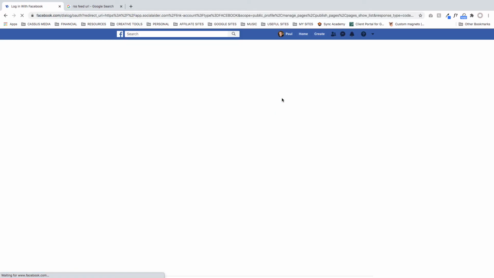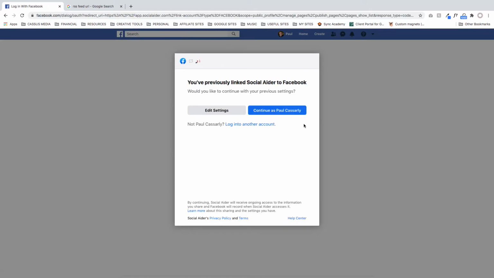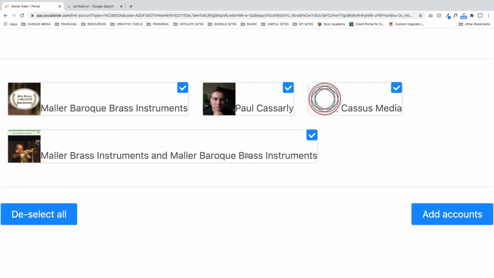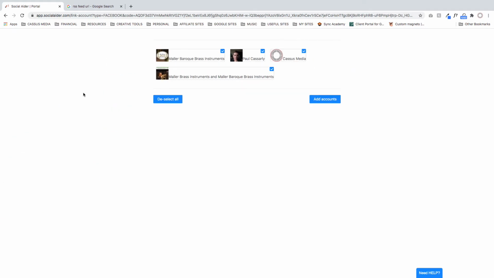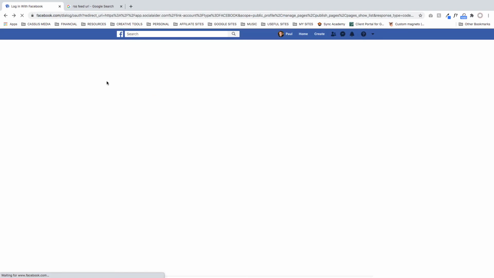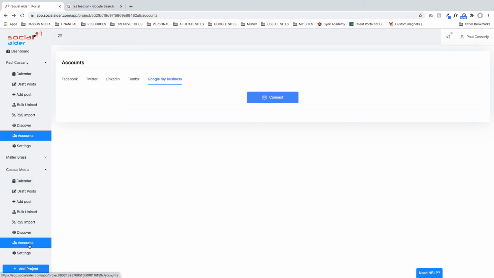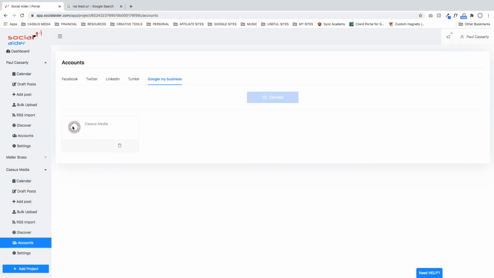So I manage a couple different pages, and as long as you're logged in your browser, continue as Paul Casserly, and it lets you check which ones you actually want to have connected. So if I want to connect all of these to just one project, I could. I'm not going to do that because I already have my personal one connected. Twitter, LinkedIn, Tumblr, Google My Business. I'm not going to connect it because it's connected to my Casas Media. So let's go down there and see what account. Okay, so you'll see that that's connected there. So my Casas Media,